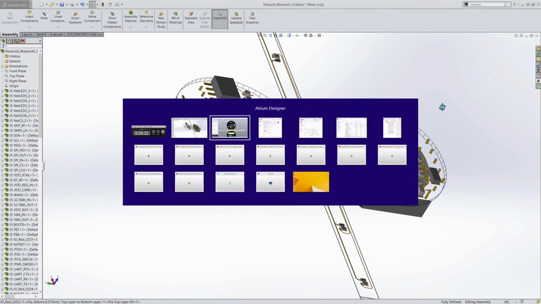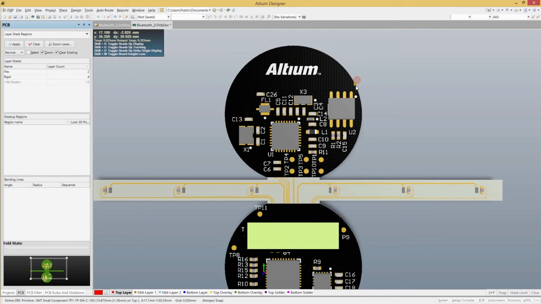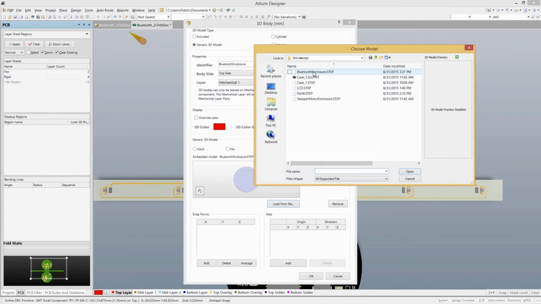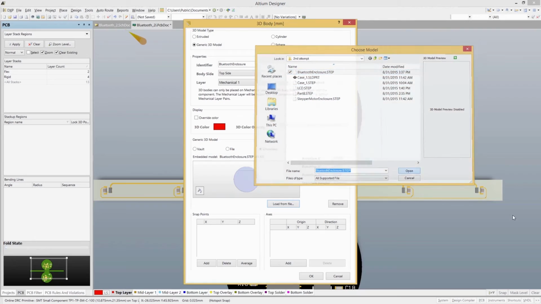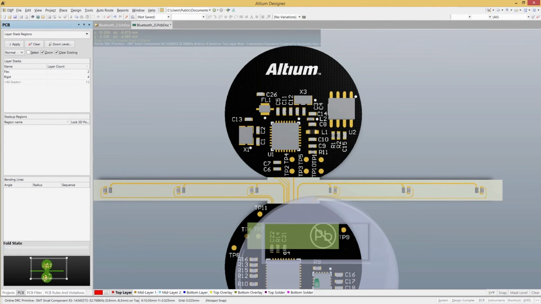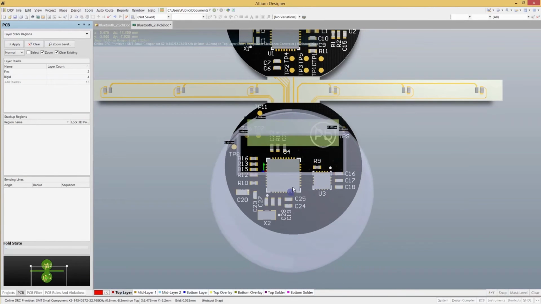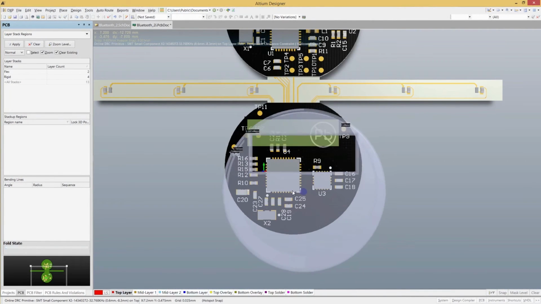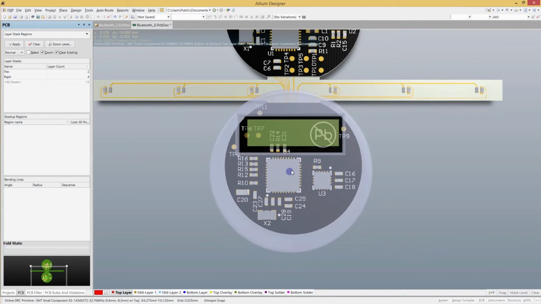Back in the PCB editor in Altium Designer, we can also go ahead and place in the 3D body, the clamshell, the assembly, the enclosure of where this printed circuit board resides. And whether you're getting this from some other system out there, your mechanical engineer gave this to you, or maybe a third party, I can import this into my PCB and actually place and route around my